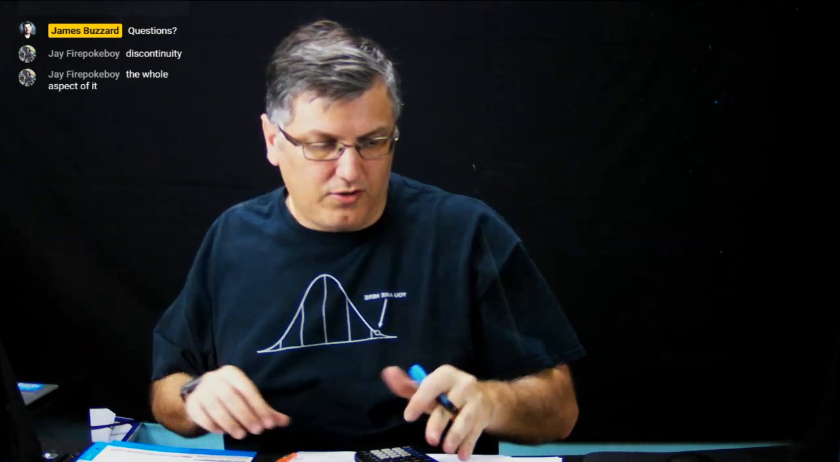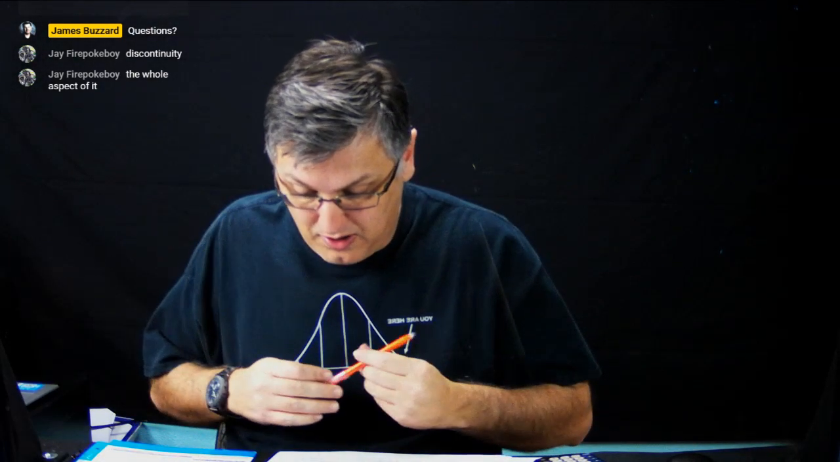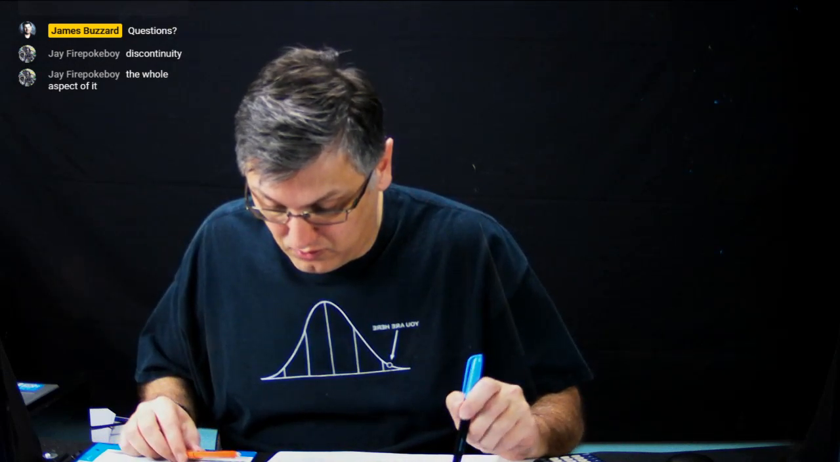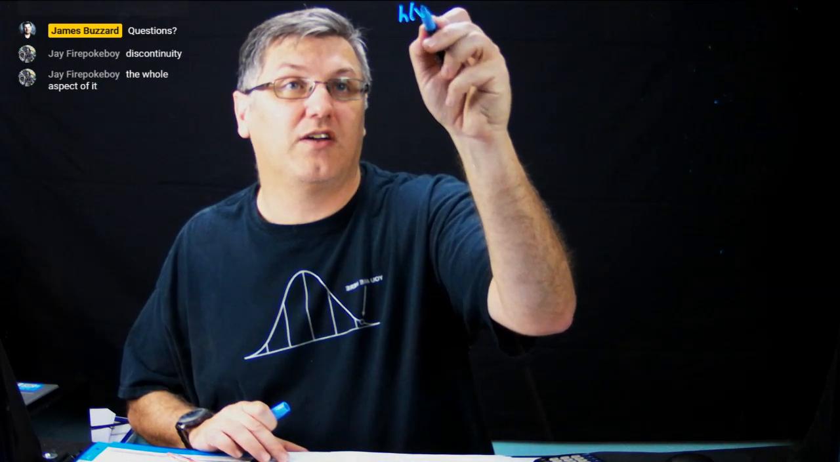Okay, so I'm going to jump over to day 3 to talk about the vertical asymptote. Let's just do number 1. We have h of x,